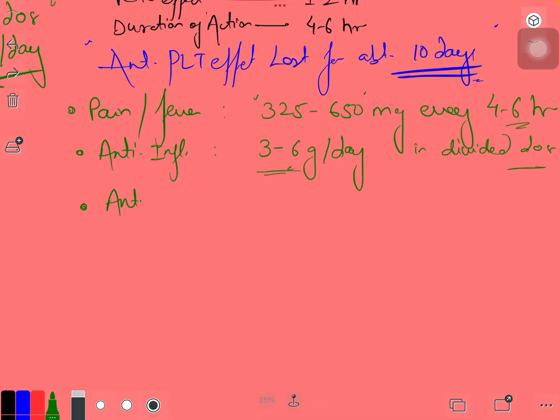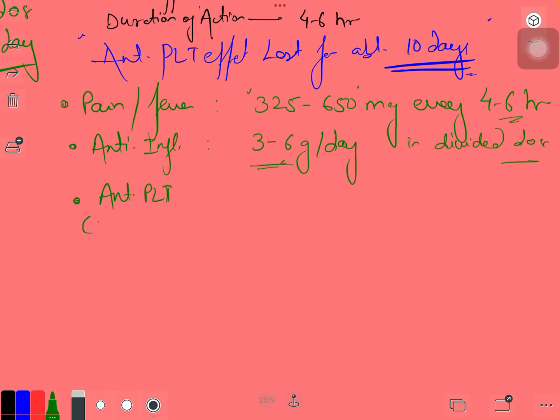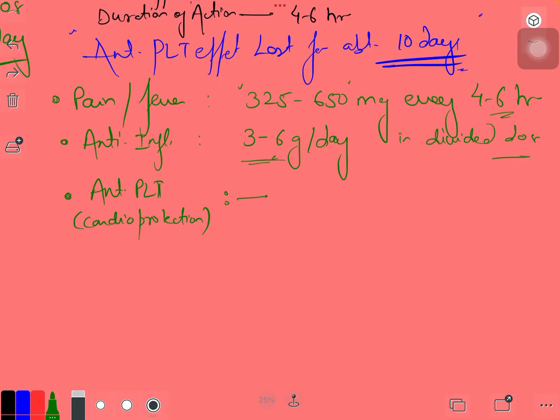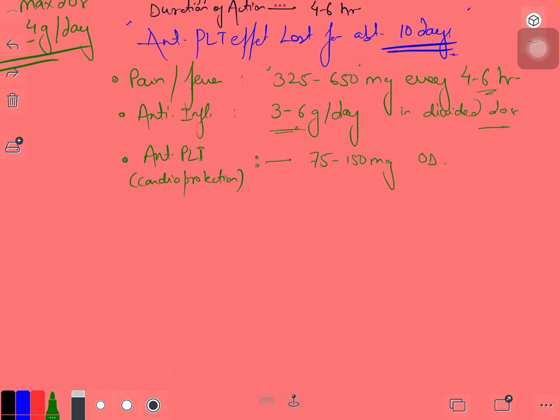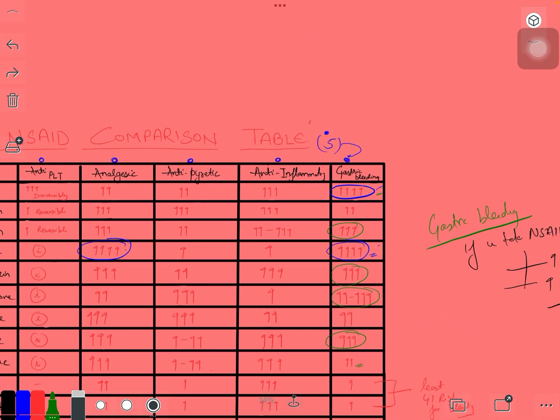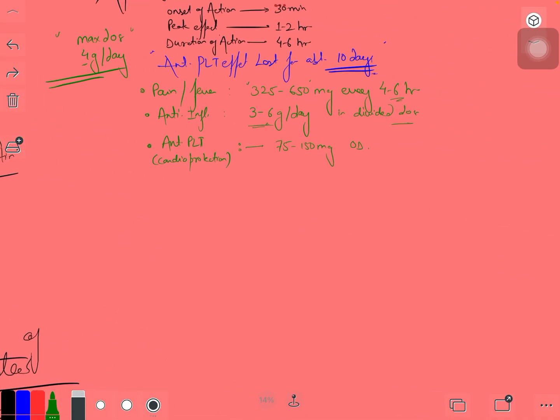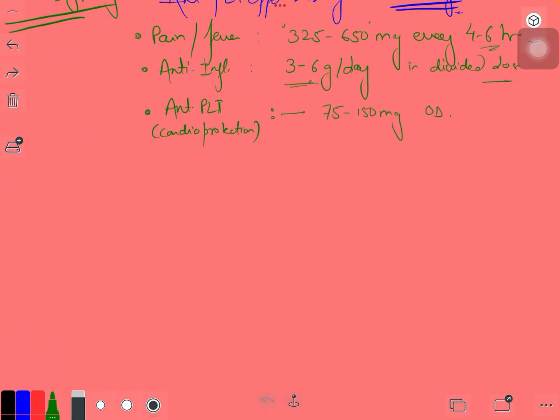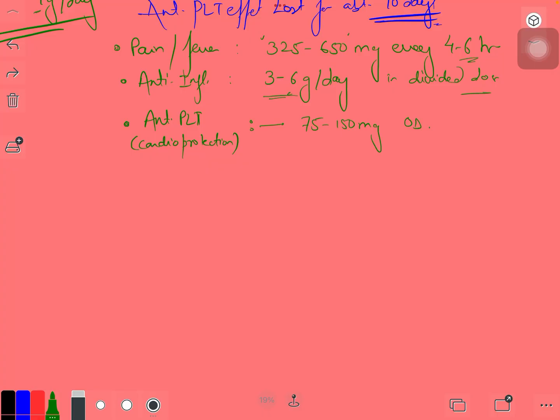The antiplatelet effect is the main thing that we use aspirin for, because this will help us for cardio protection. Overall load on the heart decreases, in cases of high mortality rate. So about 75 to about 150 mg once a day can be given, right? Now there was one more thing that we talked about, that aspirin has the highest gastric bleeding occurrence rate. So how much dose will it take to have that? Talking about the GI bleed risk,